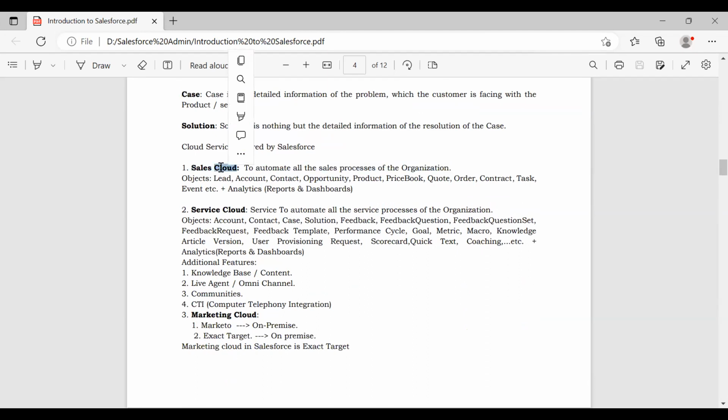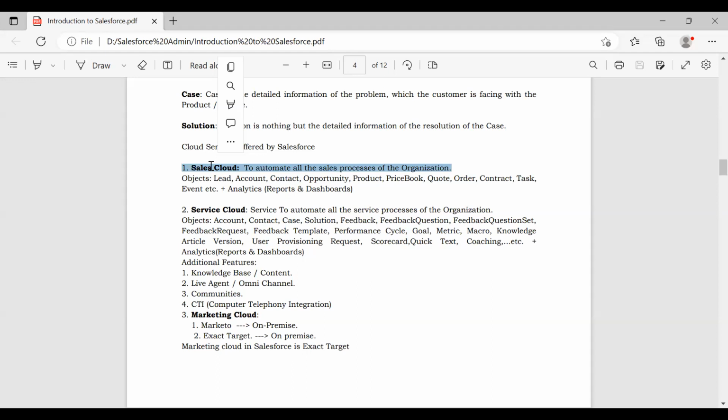Sales Cloud is a feature which is provided by Salesforce to automate the sales processes of any organization. As part of this Sales Cloud feature, they have provided a ready-made sales application. Yesterday I gave some example like Big C. Big C is an organization which is the seller of many mobiles of different companies.